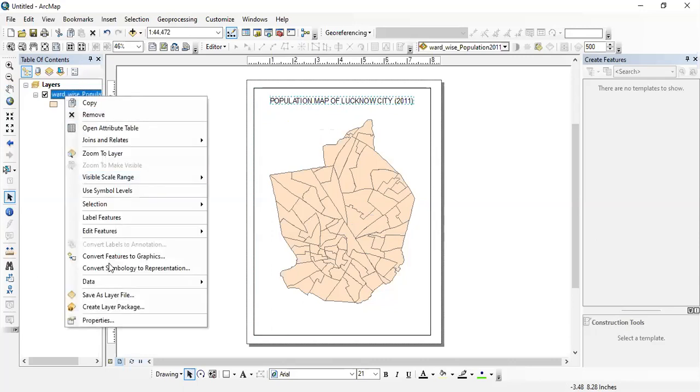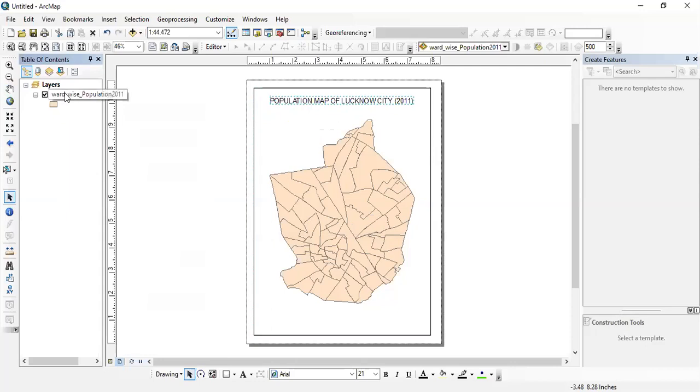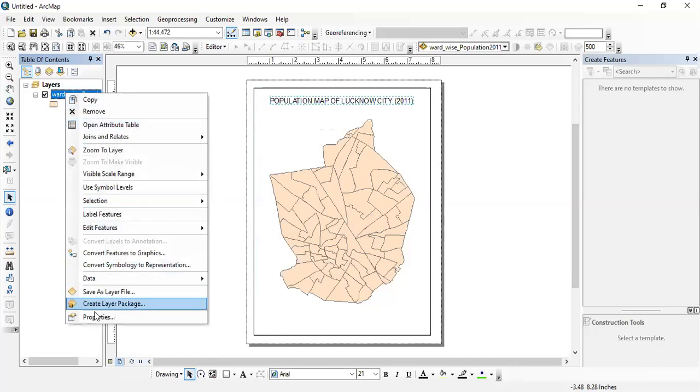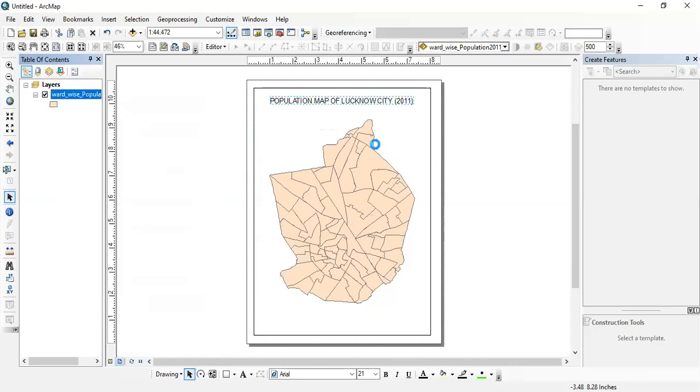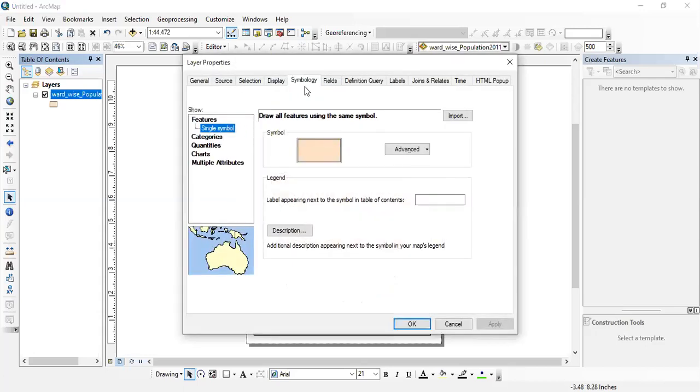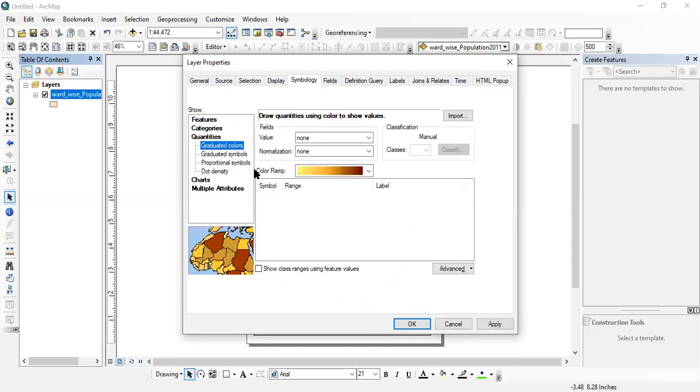Next step is to give the categories. For categories, we will click our shapefile. Then with the right click, we'll go to the properties. And in properties, we are going to select the Symbology option. There are so many options, but we are going to use the Symbology option. In Symbology, there are features, single symbol categories, quantities, charts, multiple attributes, but we are going to select the quantities.